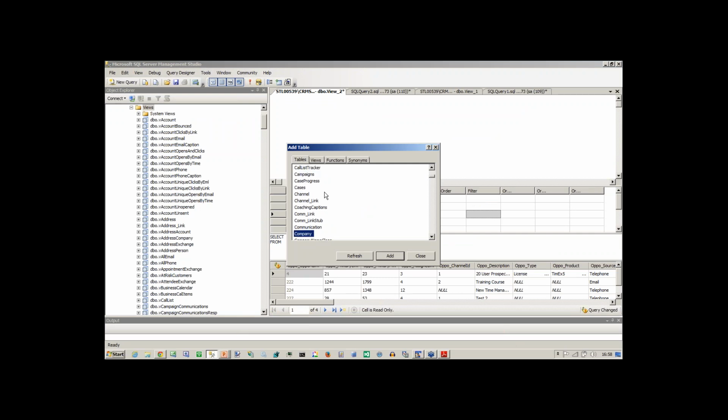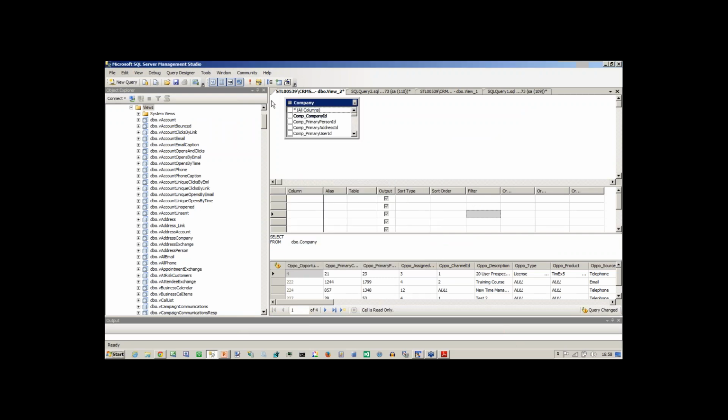So I'm looking down into company, and I'm interested in just two columns, the company name and the company type. We can see there I have my company type. I can alias this information